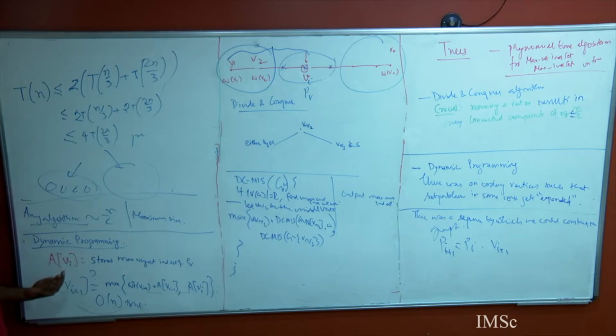Because you first run your algorithm on one connected component, you have solved this, kept it, then you went to another connected component, solved it, kept it, then you went to another connected component, solved it, kept it. So the running time is the max of this times 4, or the number of connected components, that is why. And the number of connected components is bounded by n, so this is some poly in n. It's not a product of the running times, it's a sum of the running times, because you solve it, keep it separately, then you go to the other connected component, solve it, keep it, and so on and so forth.